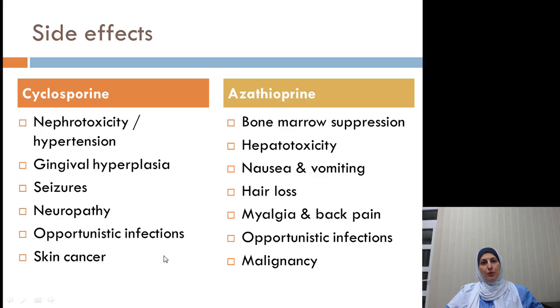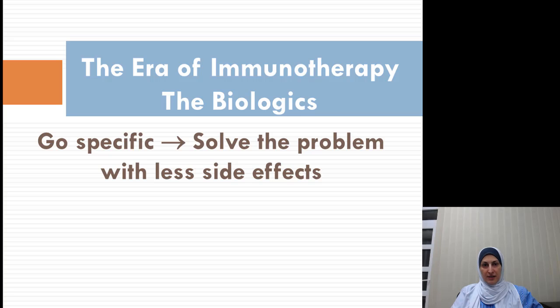So still, we do have side effects caused by these other immunosuppressants, or let's say steroid-sparing drugs. They have fewer side effects than steroids, but still they do have their side effects. So now we are in the era of immunotherapy, or the biological treatment, and the aim of